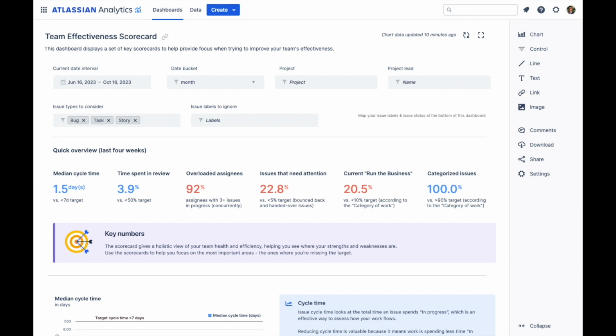For the current Run the Business chart, Run the Business refers to the necessary work to improve and maintain existing features, and is an example of a category of work. Such work includes bug fixes and performance improvements. Work categories are defined at the bottom of the dashboard using Jira issue labels, which will be shown later in